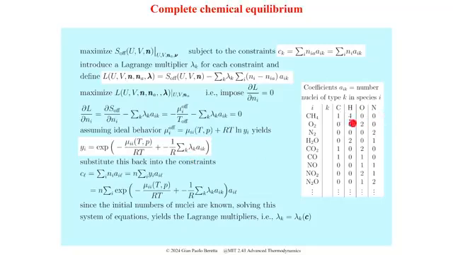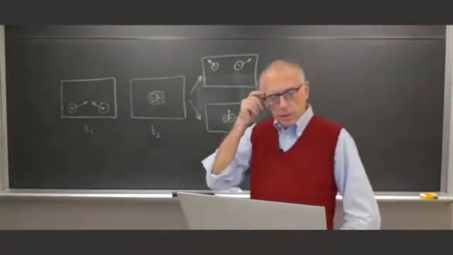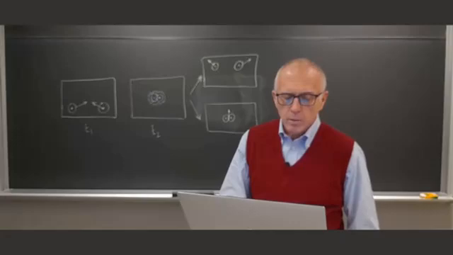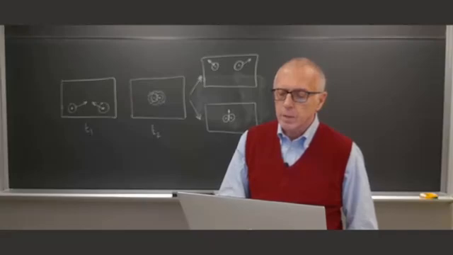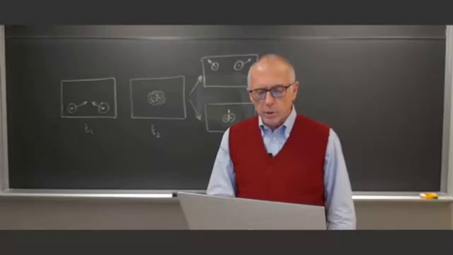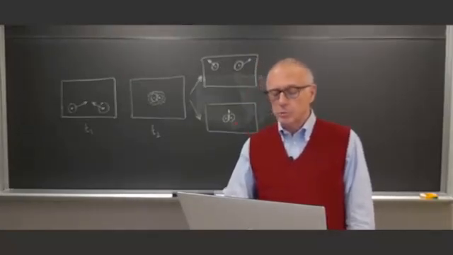So you need, in this case, 4 Lagrange multipliers. How do I determine the Lagrange multipliers? As typically in the method, you have to substitute the solution back into the constraints, and that will give you an equation that allows you to compute the multipliers. So I take this expression and put it here in order to compute the amount of nuclei that it implies. Okay, so this is the n's. Then the n sub i's can be computed as n times the mole fractions. All right, so this is a system of 4 equations,